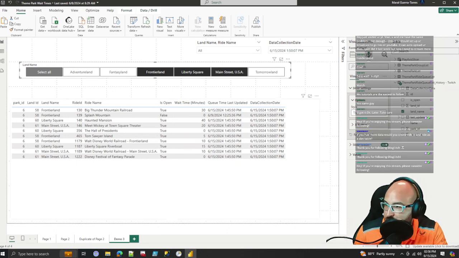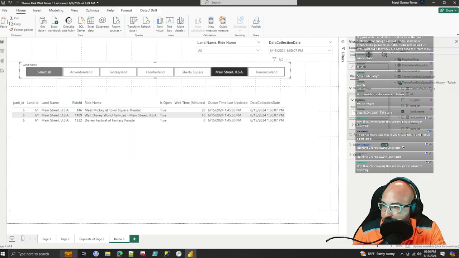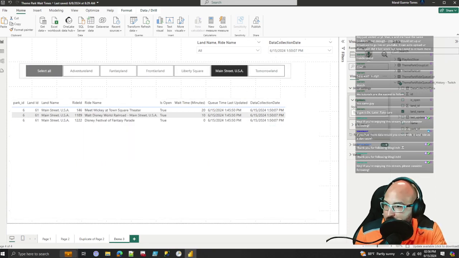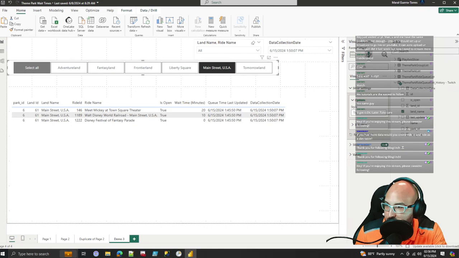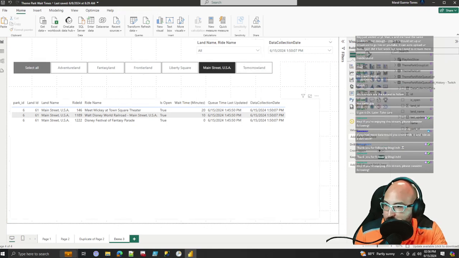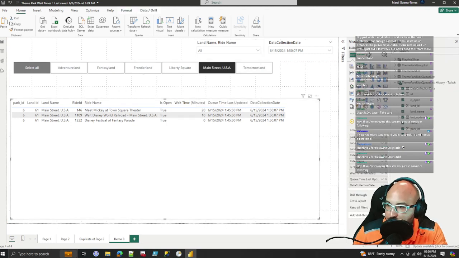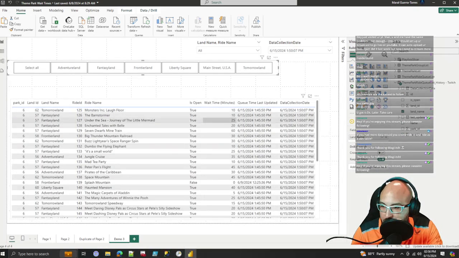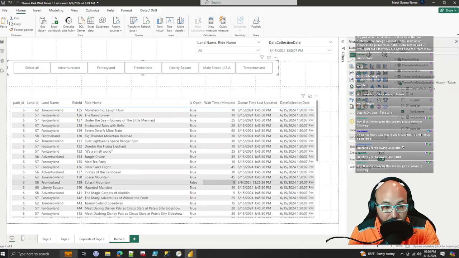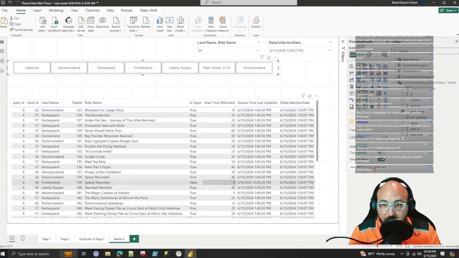All right. So now that we have our button slicer here, and now that we have our list slicer set up, what I'm going to do is very quickly set up a heat map right here based on this wait time. So I want to show whether something's good or bad based on the wait time. And now in Excel, you do that with something called conditional formatting, where you tell Excel, hey, the